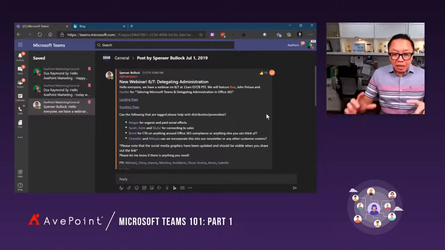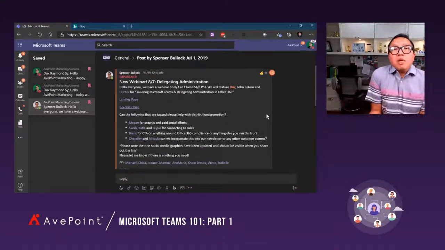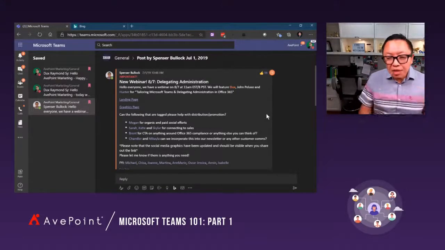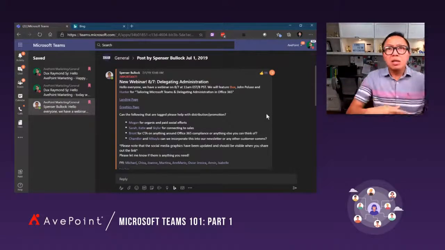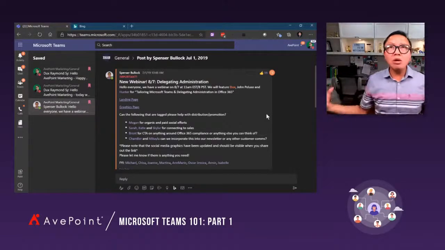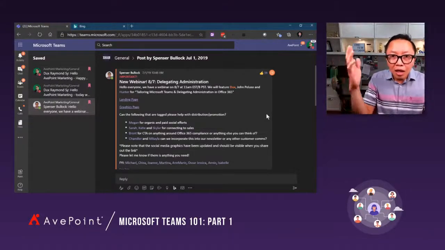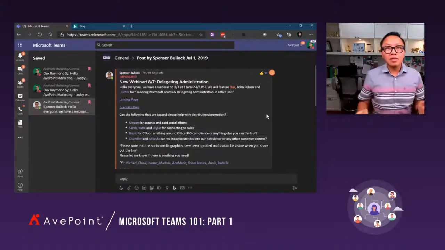If you look at this, it looks like a group email. And in fact, we used to do this as an email. What happens if this is an email? You know what happens, right? There's going to be, oh, what about this? How about that? Maybe we should do this. All this email back and forth is a mess. And a lot of you are living that right now.